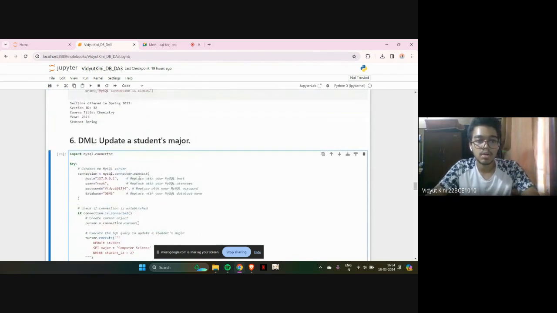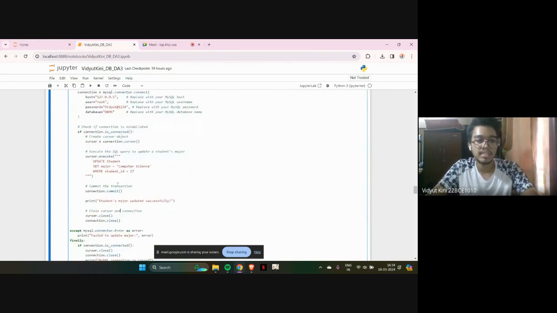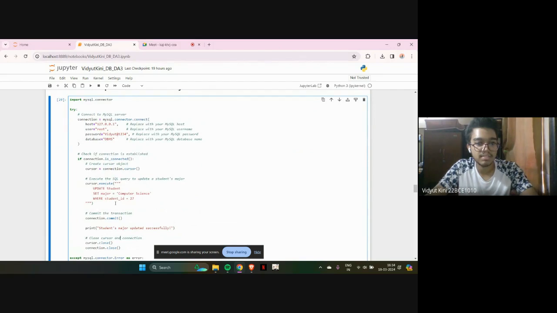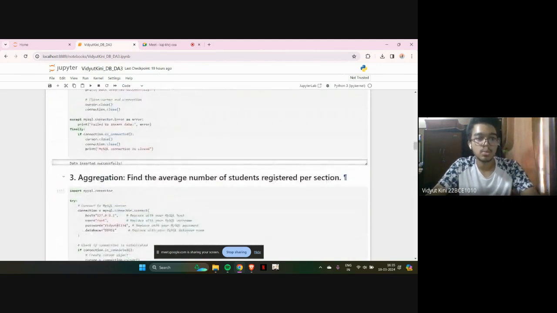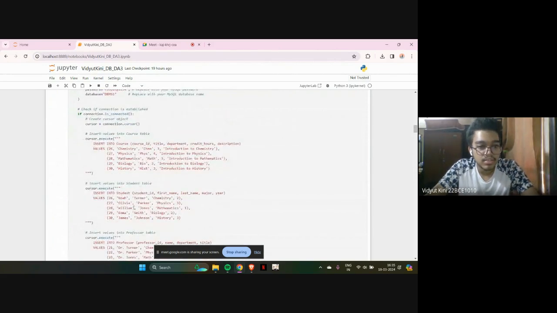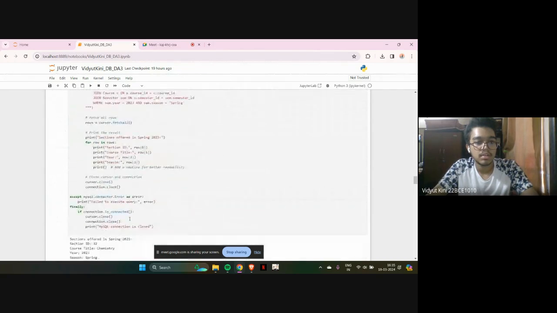So we want to update a student's major. Simply we'll just use the update command: update table name, set major equal to whatever we want. In this case, we've taken computer science where student underscore ID is equal to 27. As you can see in the student table, 27 is Olivia Parker, physics, third. So if we execute this command,